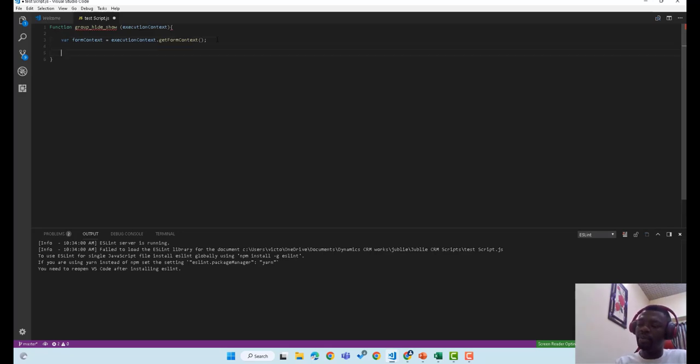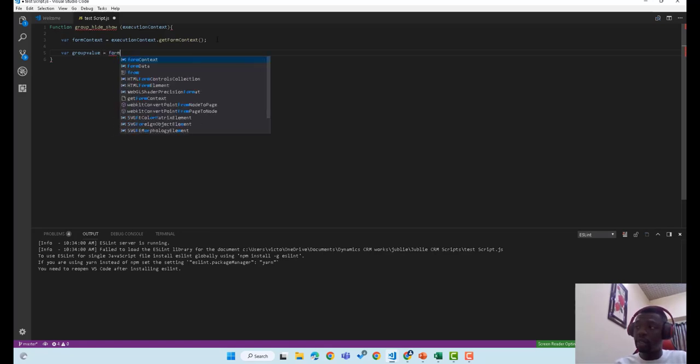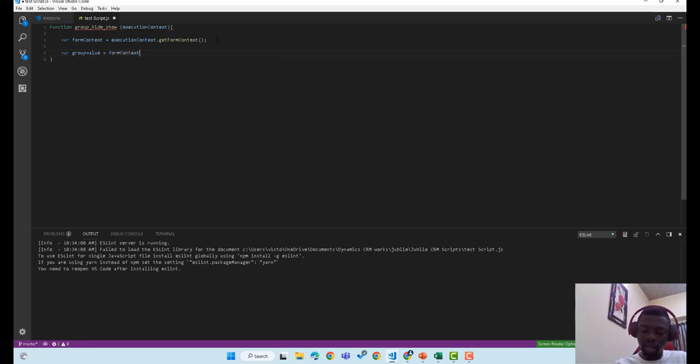So next is to get the variable that holds the value that was returned from our group. So do this var and call this group, let's call it group value, right? So what we want from here is form context dot get attributes, right? And the attribute name we're looking for is,